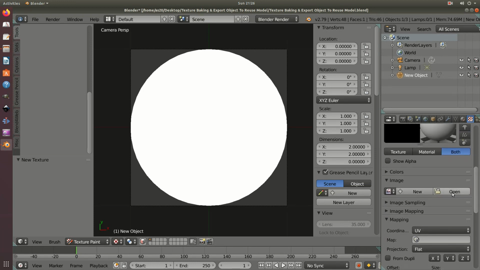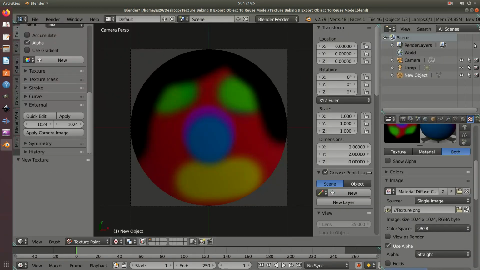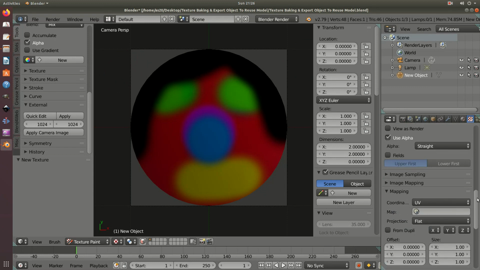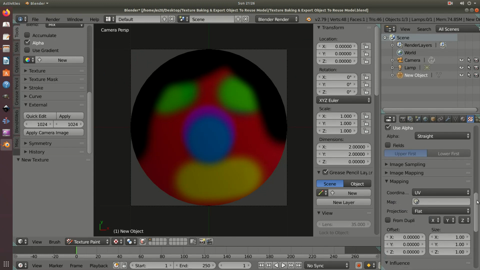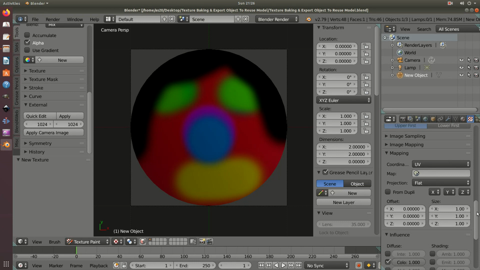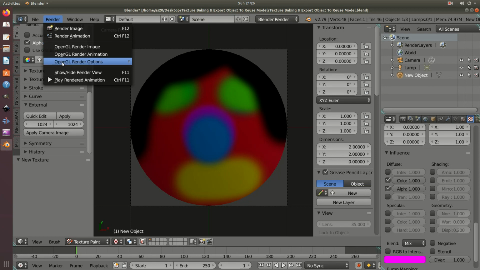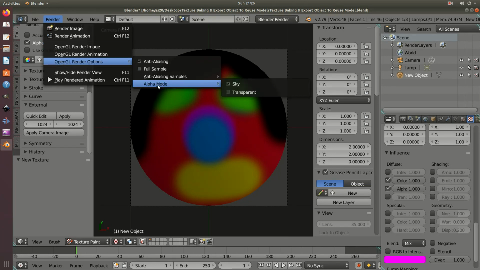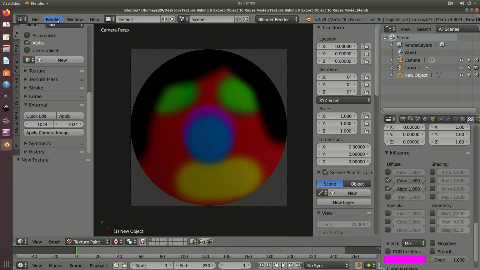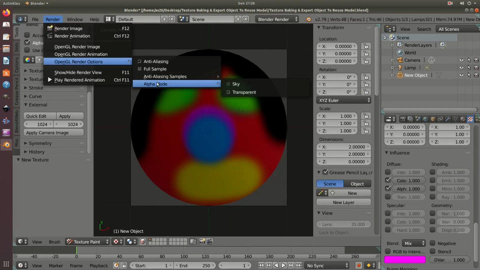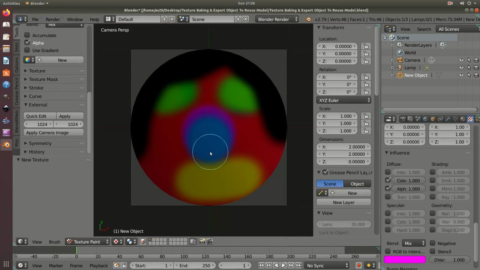And this, now this is straight texture of UV. Color alpha. I am going to show this alpha mode to transparent. So if I take a render of this image,